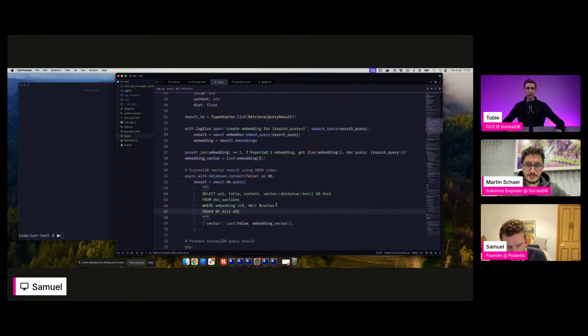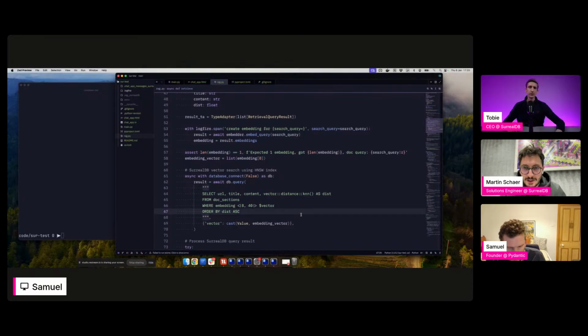Correct me if I'm wrong, but the point here is that the vector is being substituted in effectively using the parameter. Do you guys want to talk a bit about the details of the setup here? I see KNN, but you tell me exactly what we're doing and how we're doing that query. Yeah, Martin, jump in and explain that query. I just want to say before that, for anybody who's interested in this code, it's all open source, so we'll share the links to it afterwards so that you can try it out, hack on it, and see what we've been doing. Yeah, sure.